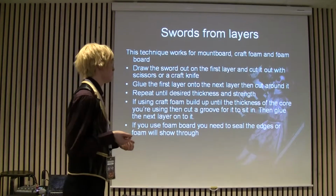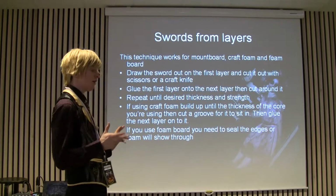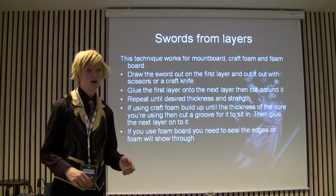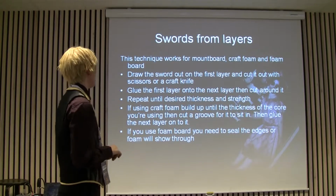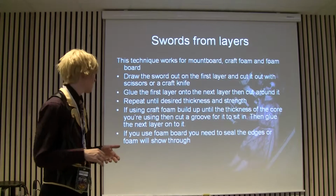If you're using craft foam, build up the thickness and then have sort of a core, for example, for a little dagger or something like that. A couple of layers of foam, and then something like wire down the middle for a core, and then glue the next layer on. If you use foam board, you tend to need to seal the edges, or the foam will